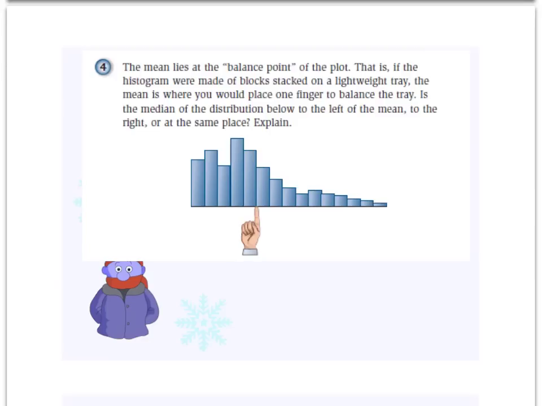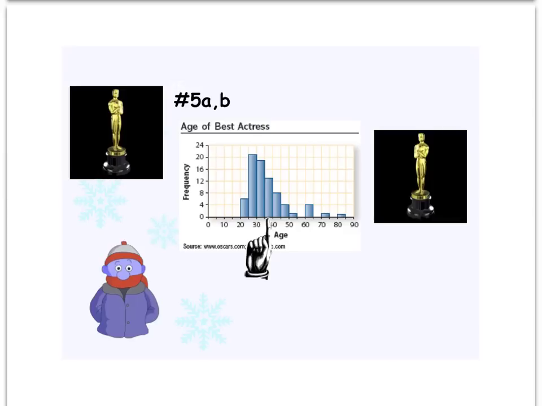Another thing we talked about is the mean. And the mean is like the balancing point. So if you have a histogram, you think about where you would put your finger underneath it to balance that histogram. For example, if we look at this histogram here, I want to balance all of this data on my finger. So I might put my finger right at about 35 or 37